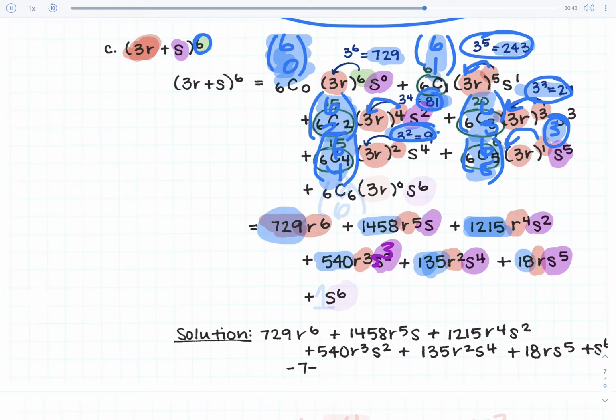Last one, you would do the 3r here raised to the 0. Well, anything raised to the 0 would be 1. It'd just vanish. And you'd just be left with the big S term, the s to the 6th. And you just need your combination out in front, which is 6 and 6, which would be just the number 1. Again, notice you'll never get like terms for any of these, so you're just going to end up rewriting them all and making sure everything is simplified. And you are done. Let's look at one